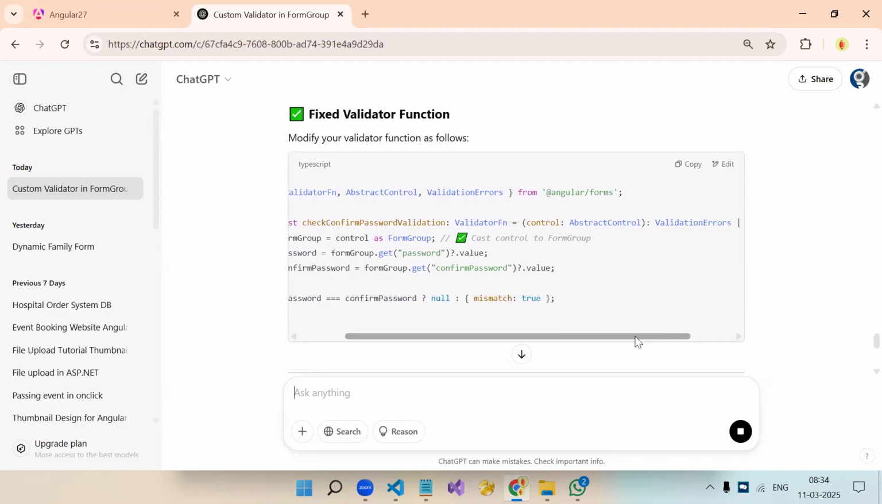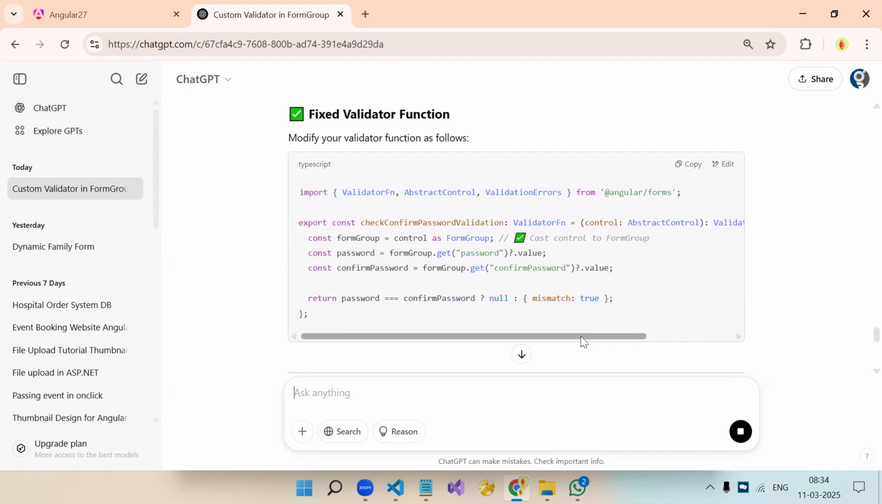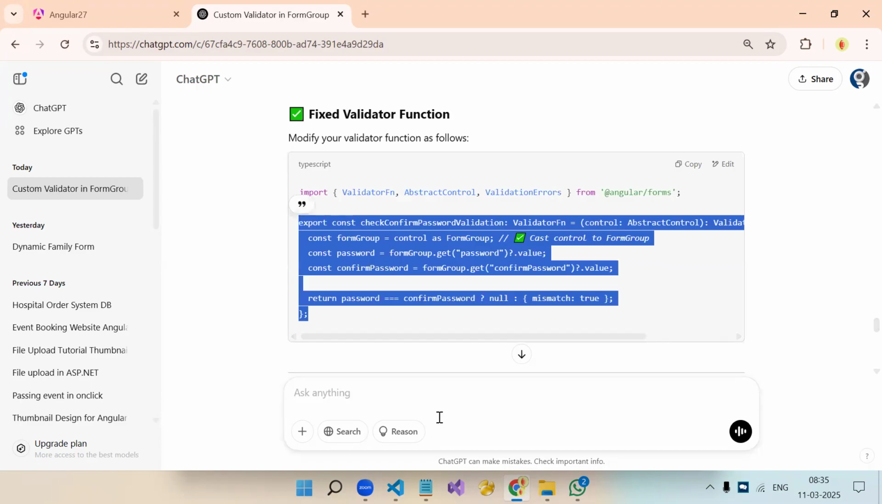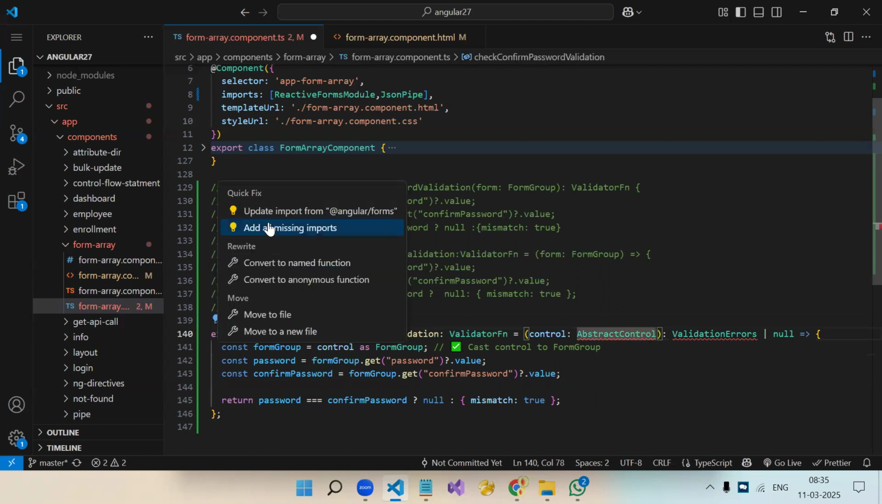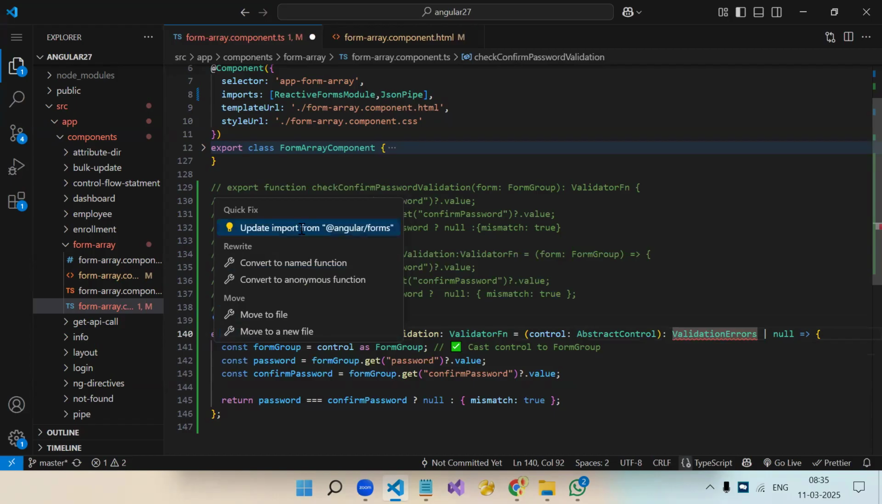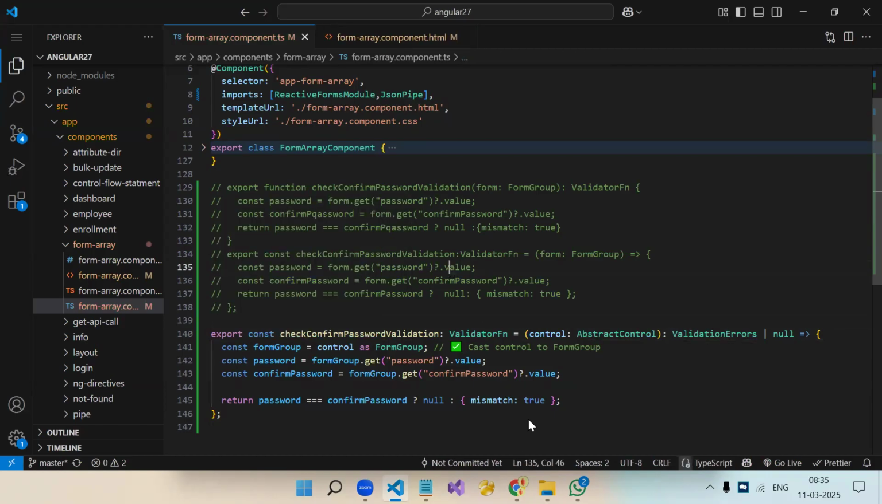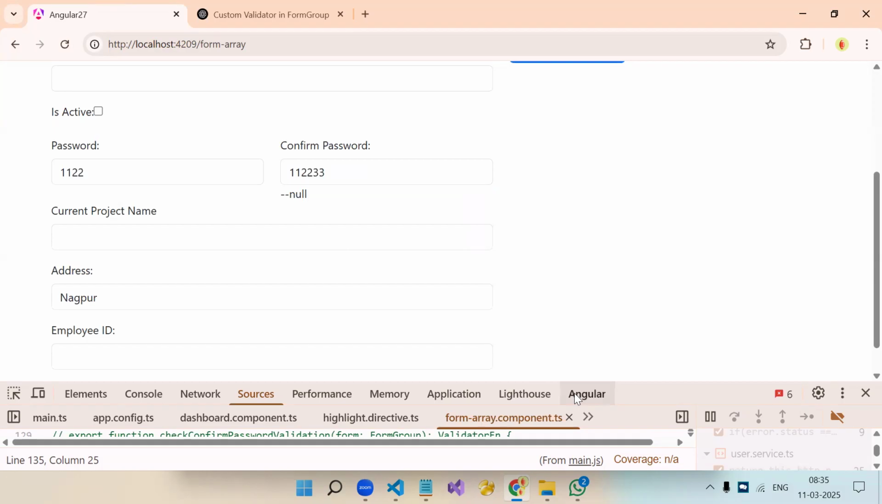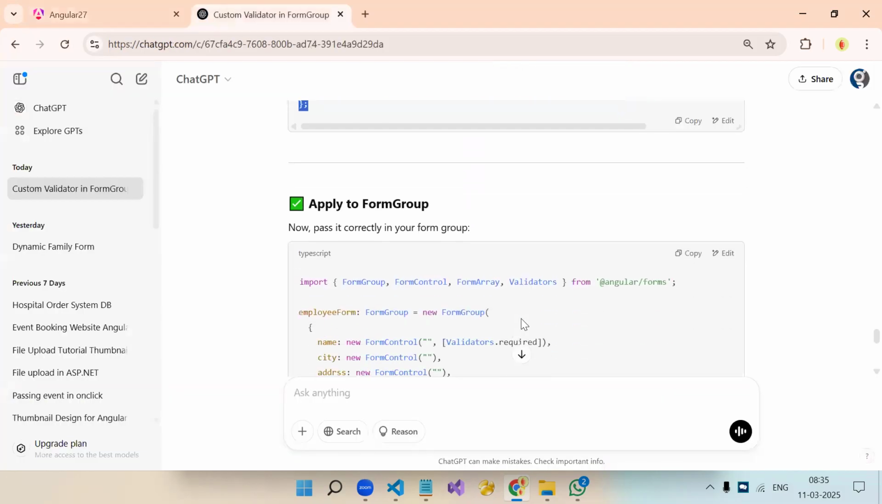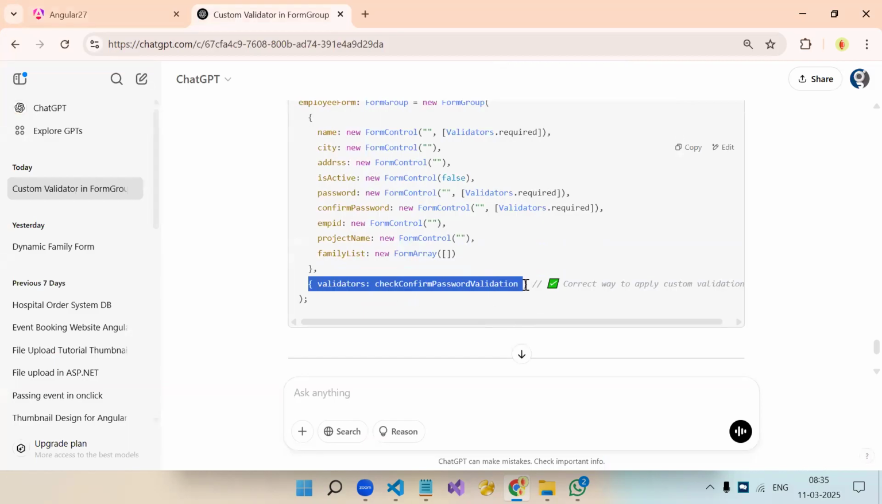क्या चेंज किया इसने? कास्ट कंट्रोल टू, बट इससे रिटर्न टाइप कैसे फिक्स होगा? ट्राई करके देखते हैं। चेक करते हैं अभी। अच्छा, ये ऐसे करना है। मैंने कहा ना सर, आपको एब्स्ट्रैक्ट कंट्रोल ही देना पड़ेगा उसमें, कंट्रोल में।